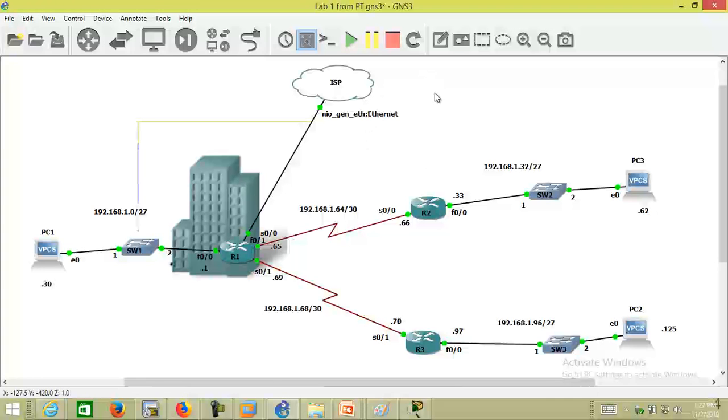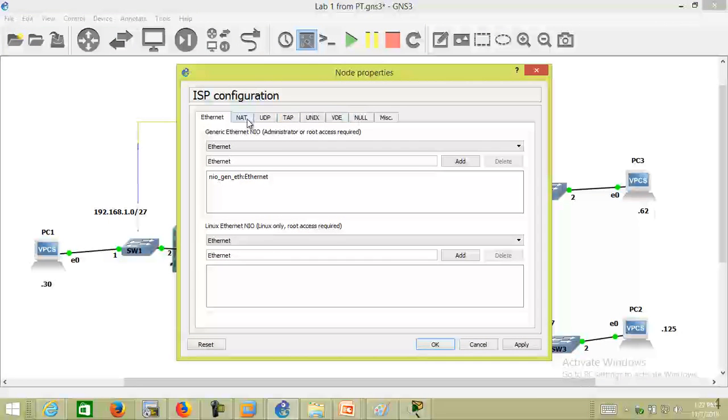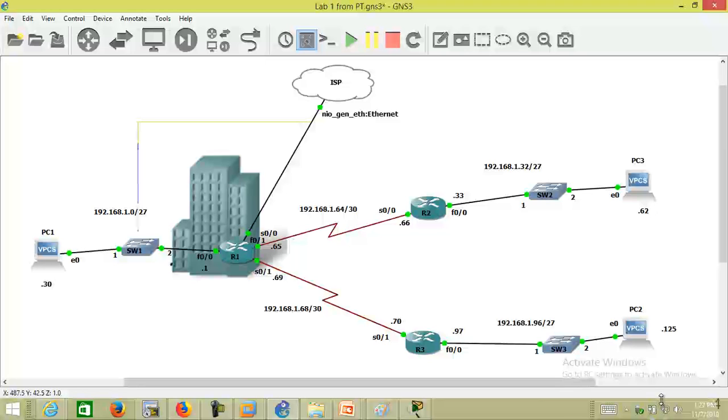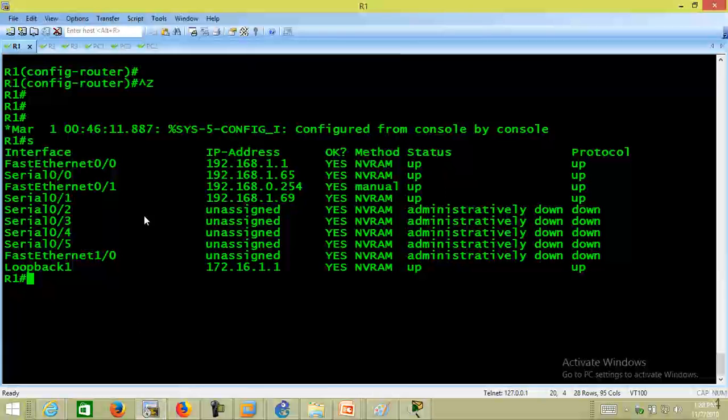After troubleshooting for hours, I was able to resolve the issue, and actually all I've done is change the connection to Ethernet. Somehow my Wi-Fi, the wireless NIC, is misbehaving when you connect it to GNS3. So right now, if I come to Router 1, show IP interface brief, and so I can be able to ping